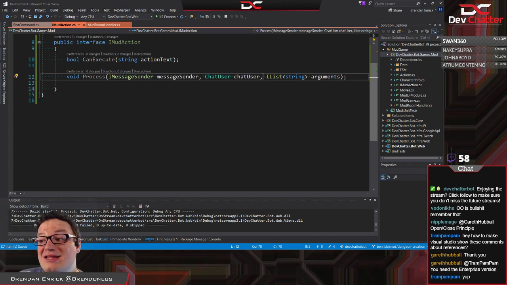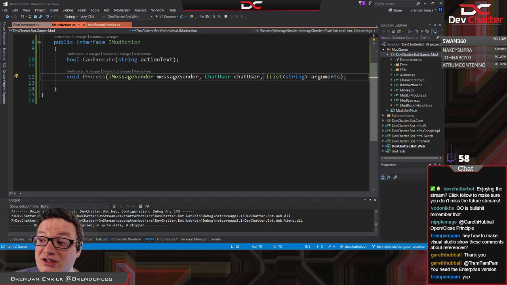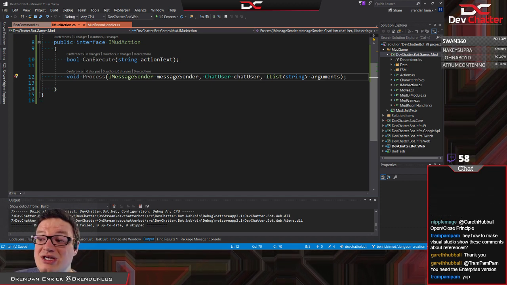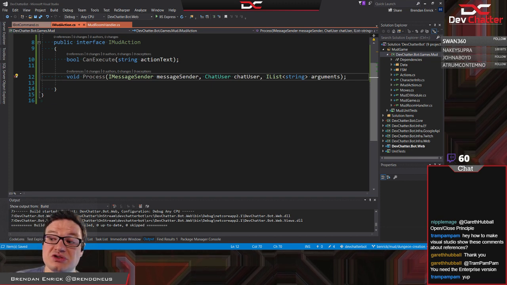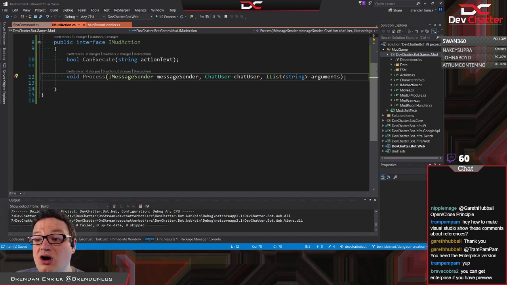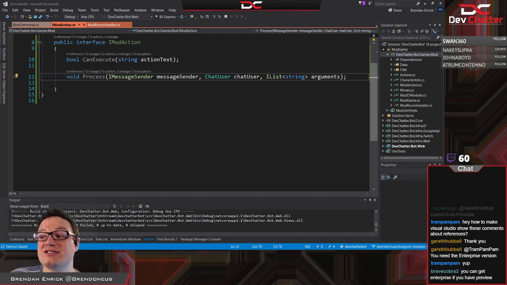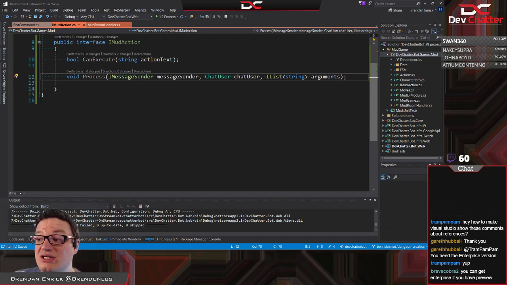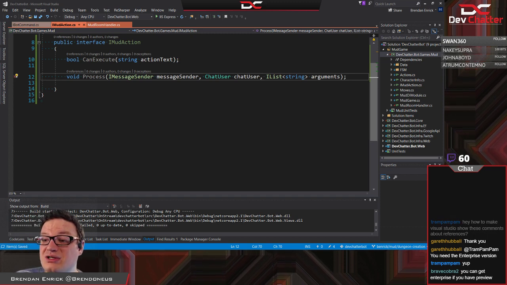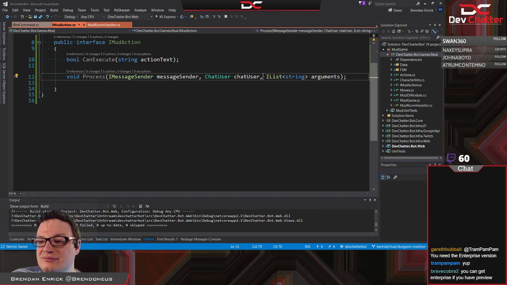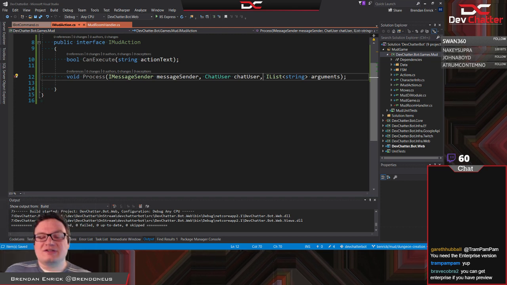If you don't have an Enterprise license, you can run the preview version of Visual Studio, which is always free. You could install the preview version, run it until it runs out, and then install the next preview, and you would always have that. So, there you go.